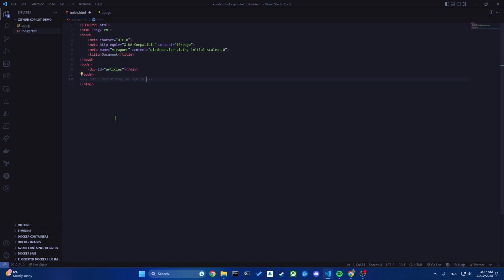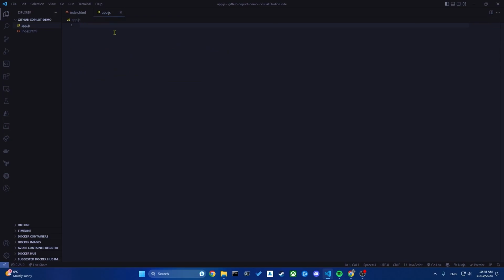for app.js. So now you're able to see that here is our first suggestion from GitHub Copilot. Once you hover over that, you will be able to accept with a tab, or you can also open the completion panel, and there might be times where you will be presented with multiple options and you can go through them. Then you can accept whatever fits you the best. So if I'm happy with that, I can accept that. And let's go to